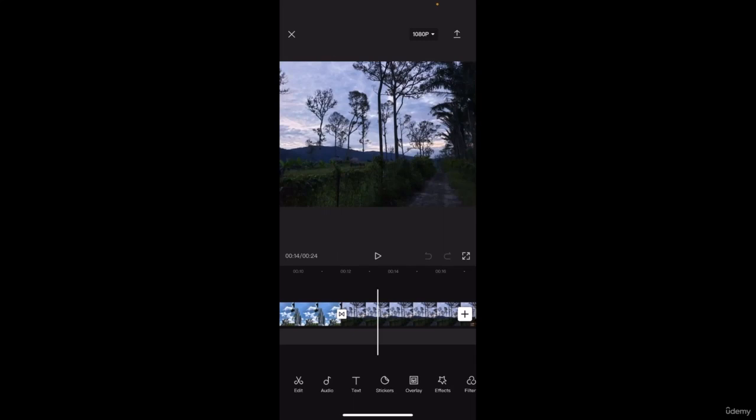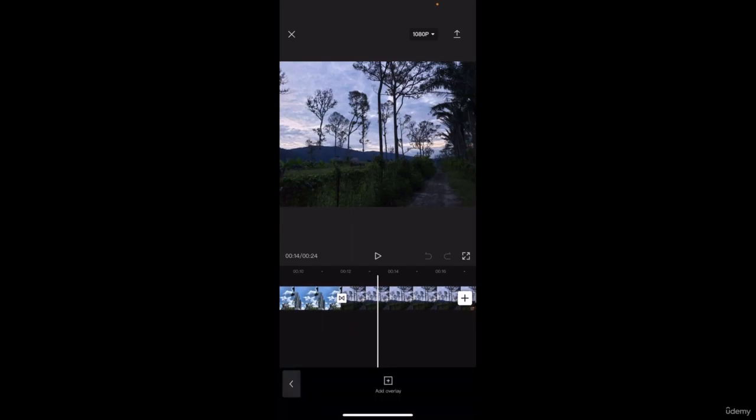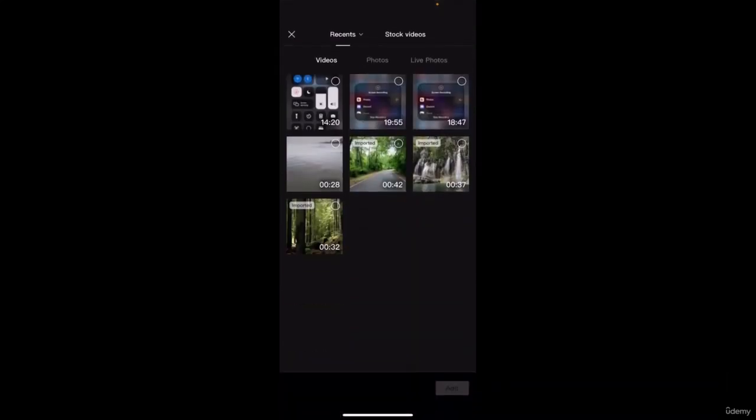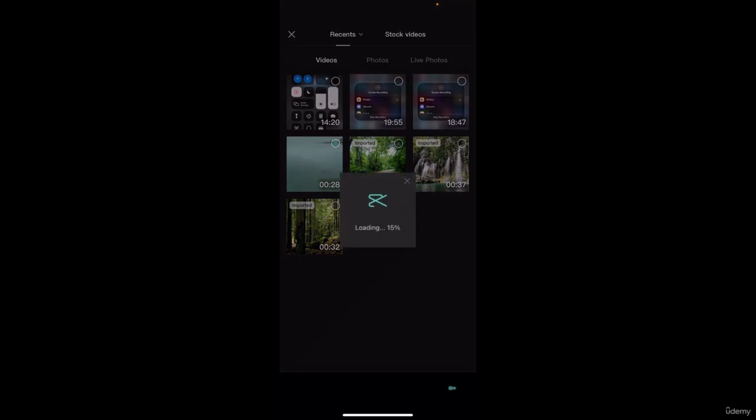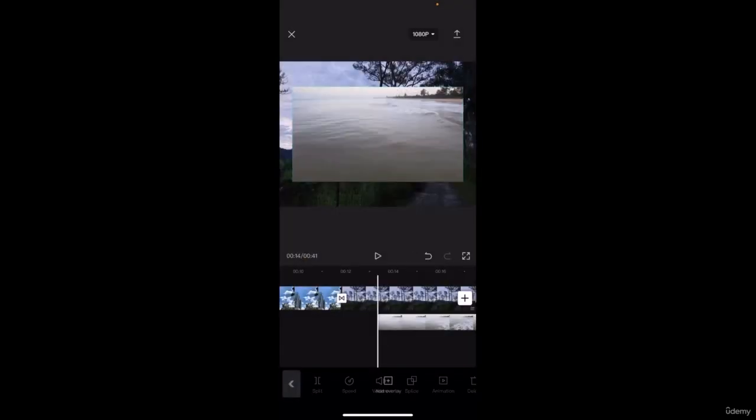So you can add as many overlay photos as you want. To activate the overlay feature, you just click overlay, then click on add overlay, and you should be able to add either a photo or a video. So for example, we can add this video of the shoreline. Just click add, and automatically you should see this video appearing on top of your existing